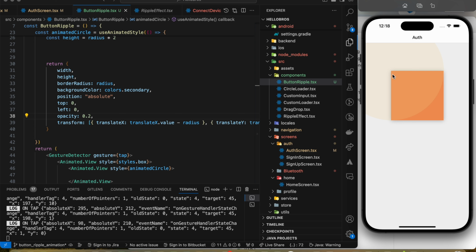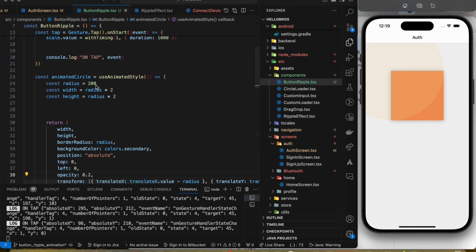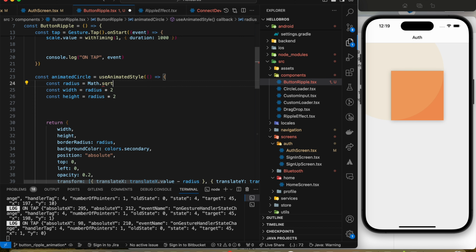Okay, so for that the radius should be equal to the diagonal of this square. So how can we calculate the diagonal? It's simple math. It's the square of this width and the square of the height, and the square root of both. So let's calculate the radius here. Math dot square root of